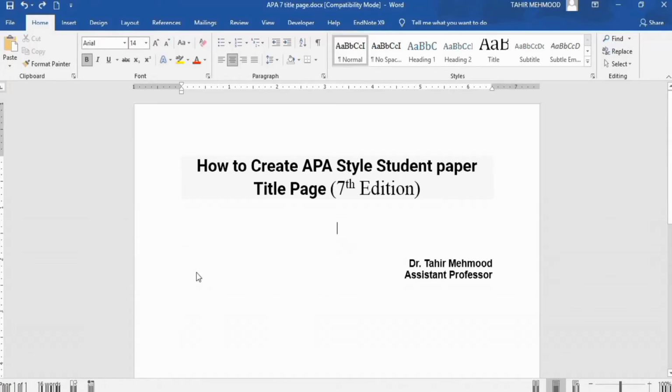In this tutorial, you will learn how to create an APA-style student paper title page, and I will follow the guidelines